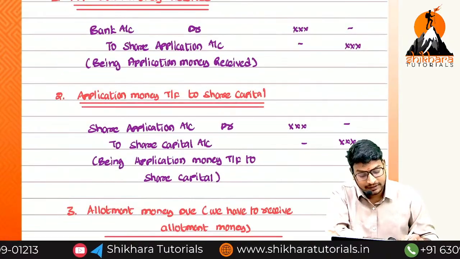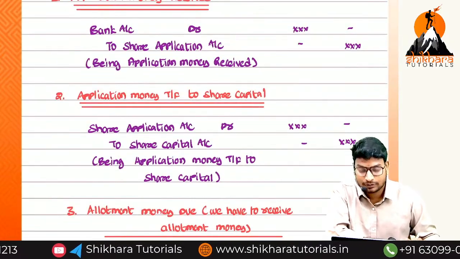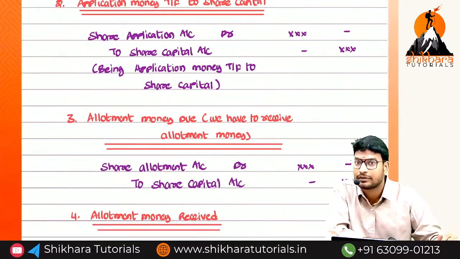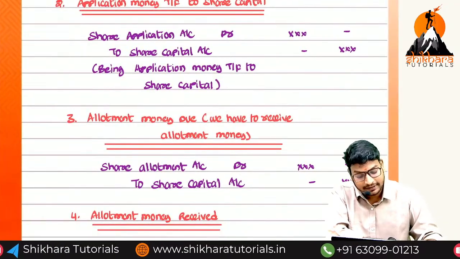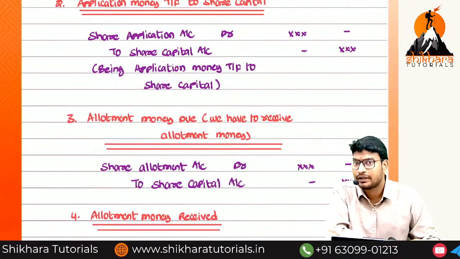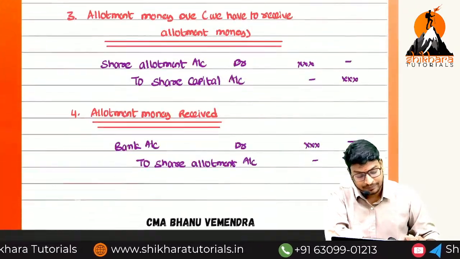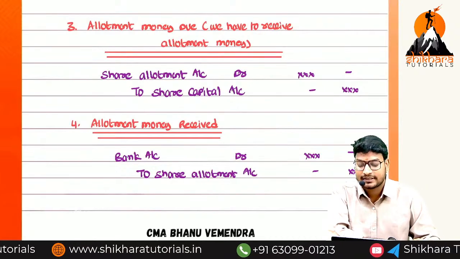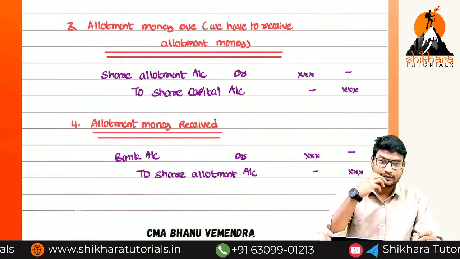So here this application money will decrease. So will it be debited or credited? It will be debited, and we are going to transfer to which account? Share capital account. What is the entry? Share application account debited to share capital account. And then after allotment due, first of all we have to write the receivable entry, and then after